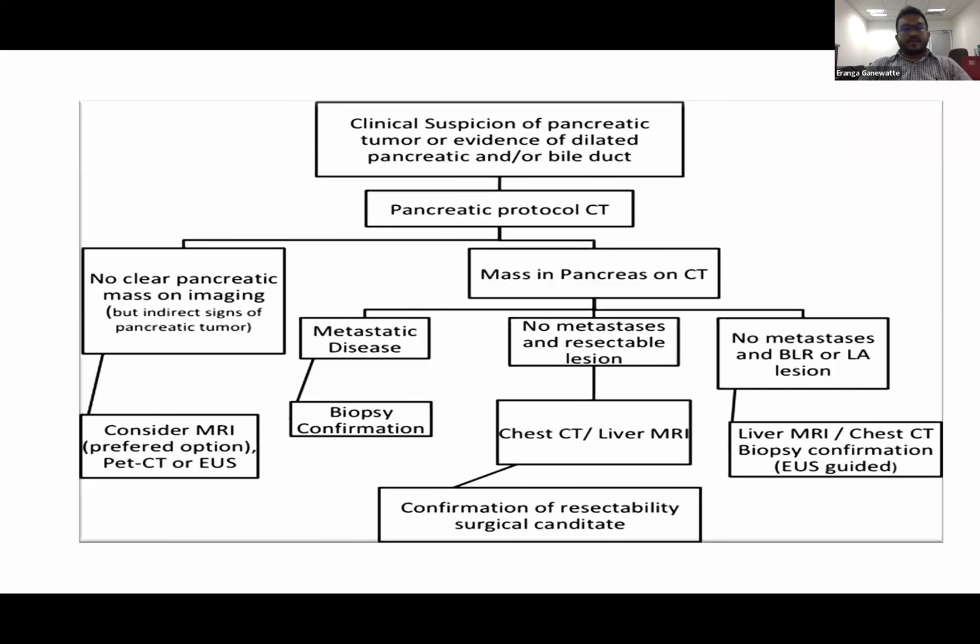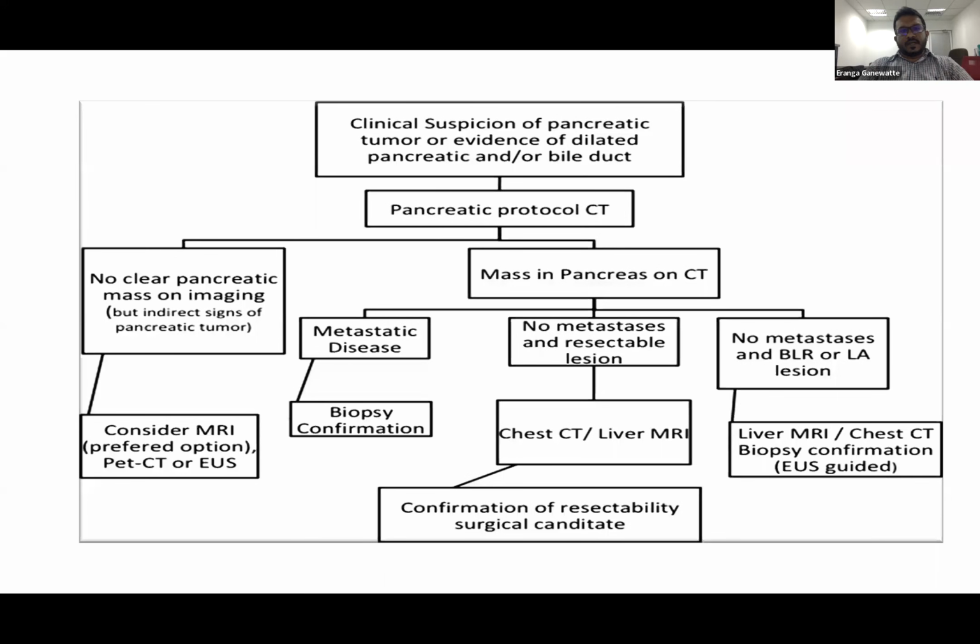And there's a place for PET CT. If the MRI and CT are negative, sometimes you might be able to pick it up on PET CT because of the metabolically active component lighting up the lesion. And of course, EUS also comes into play, where you might be able to see a tiny lesion which is not demonstrable on